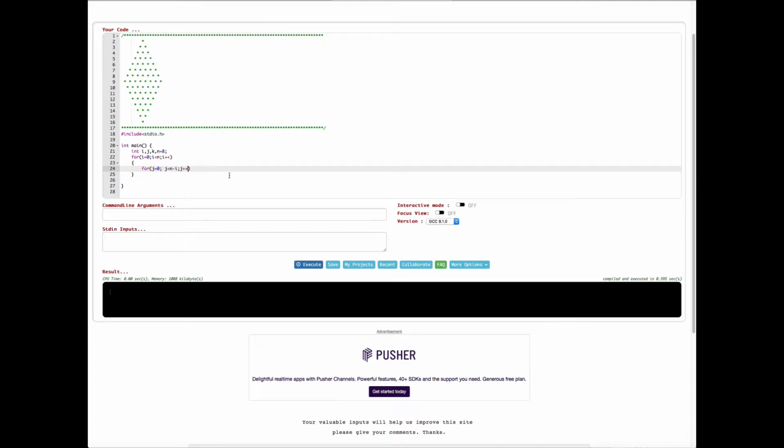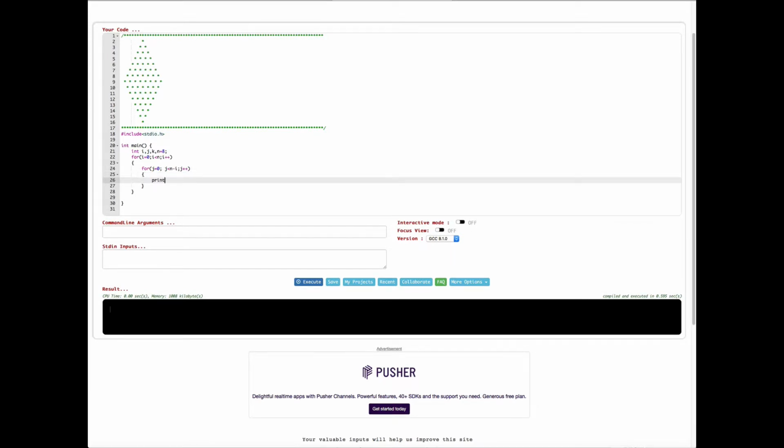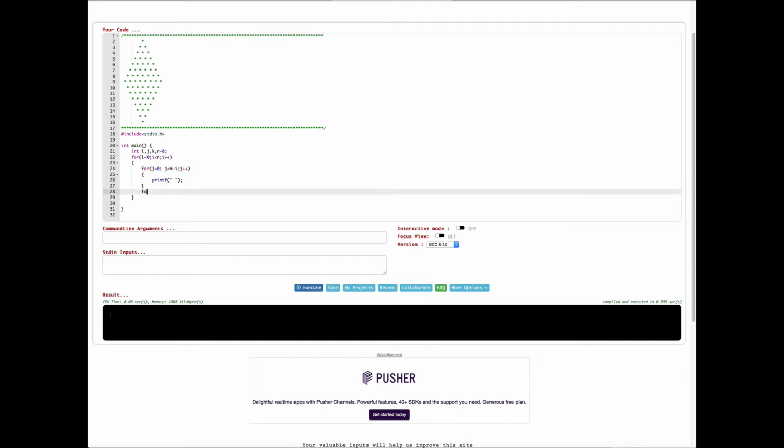Now the next thing is we are going to print out the space. To print out the space we put a printf statement, and then in the quote marks we put a space like this. Okay, that's it for this one. Now the next thing is we are going to create another for loop. This is for the characters. Here initialize j with 0, and then we set the condition j is less than i,